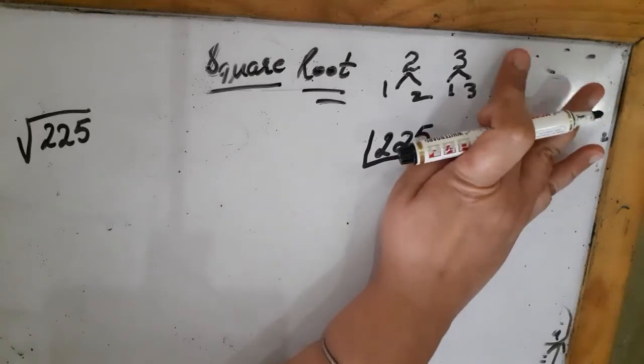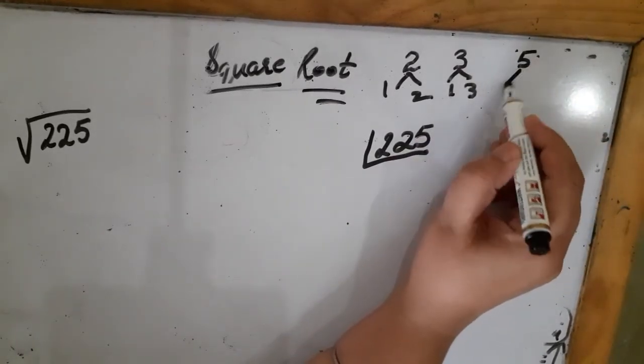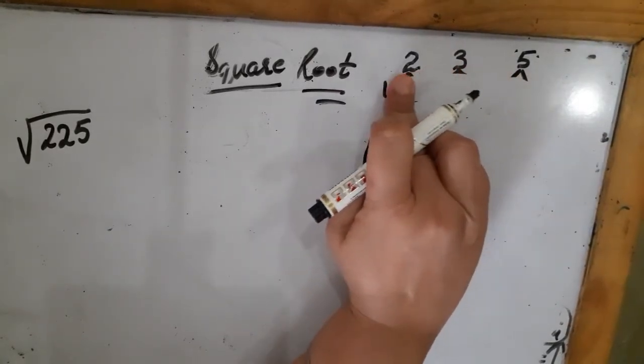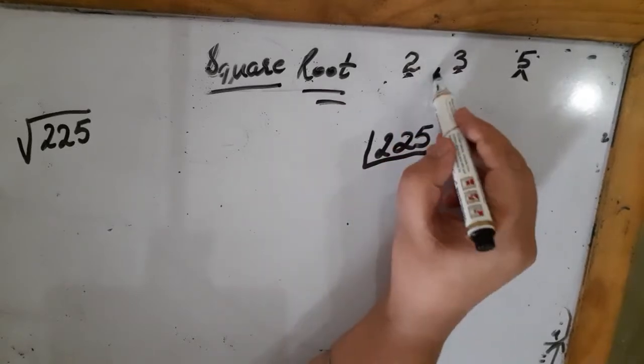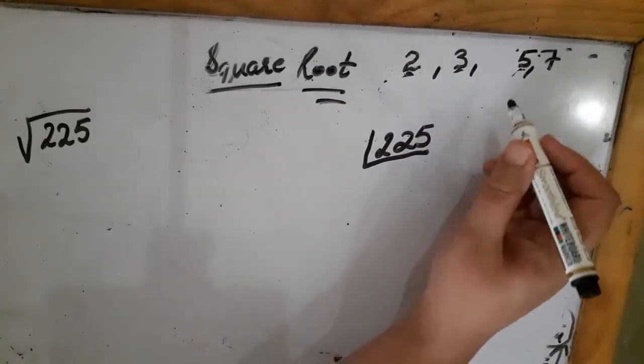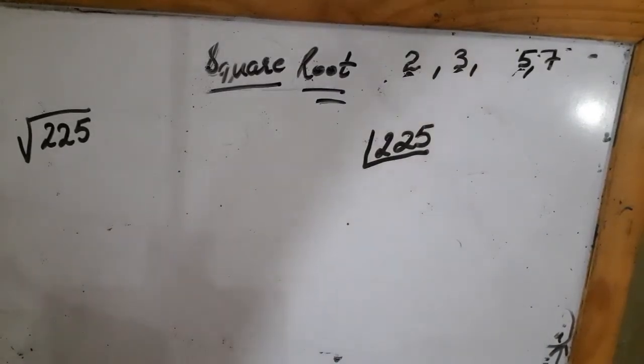So what are prime numbers? Those which have only 2 factors, 1 and itself. Like 5, 1 and itself. So these are the prime numbers, 2, 3, 5. After that, which is a prime number? 7 and so on. Okay, now I told you that square root I can find out by the method of